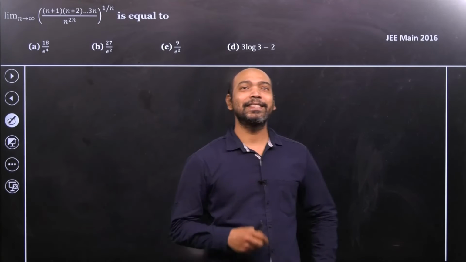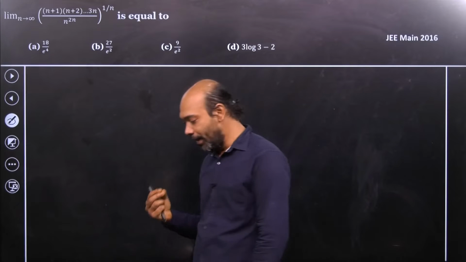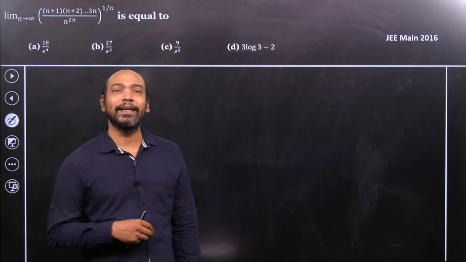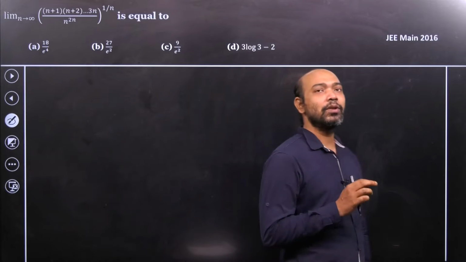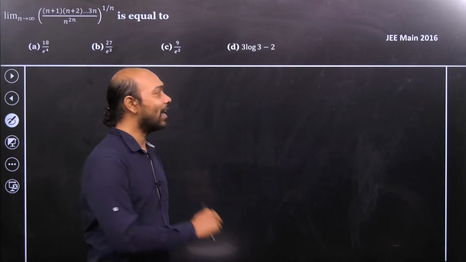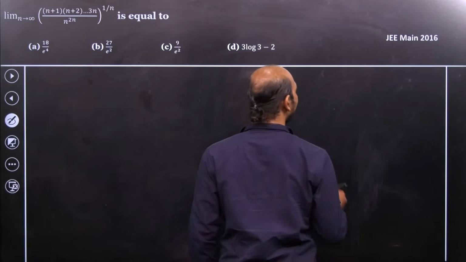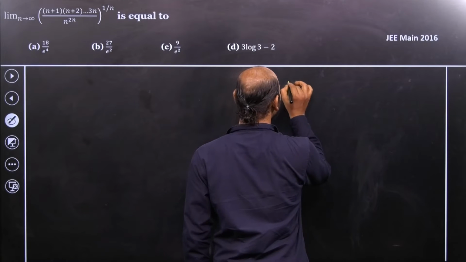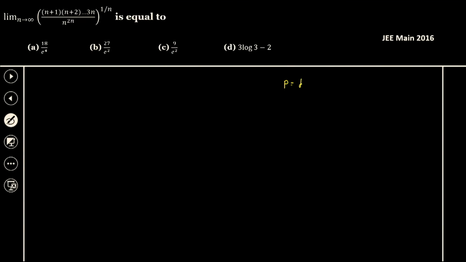Hi all. This is a problem of limits, and we'll approach it in different ways. So let's go ahead and understand the problem first. Let's take that limit as P. So what is the limit here? The limit P is actually the limit as n tends to infinity